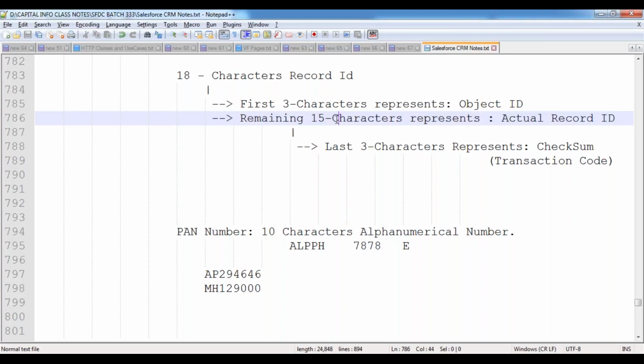From these 15 characters, the last 3 represent the checksum value, also called the transaction code. Now, where can we see this record ID? Let me show you practically.